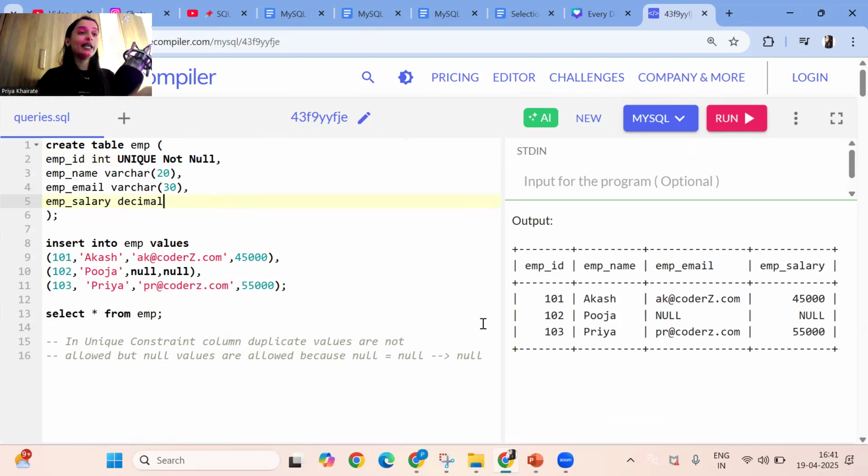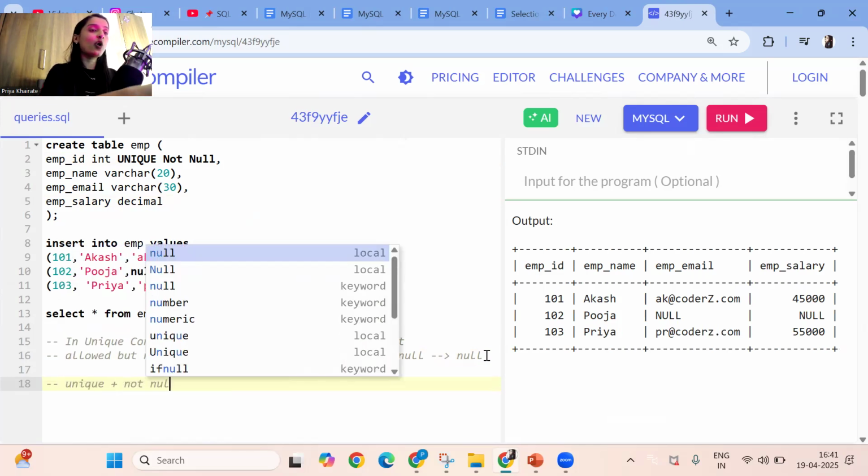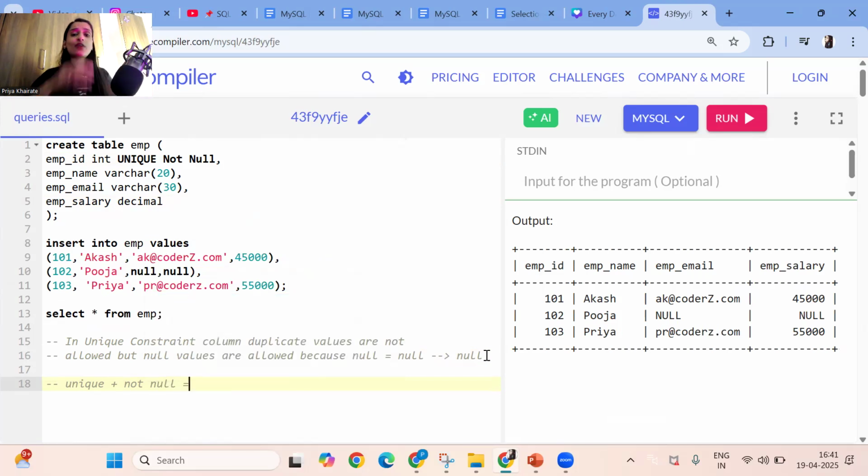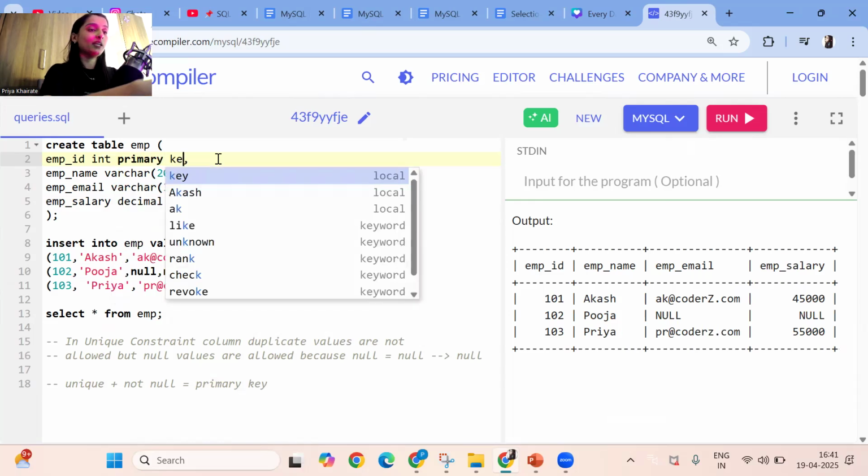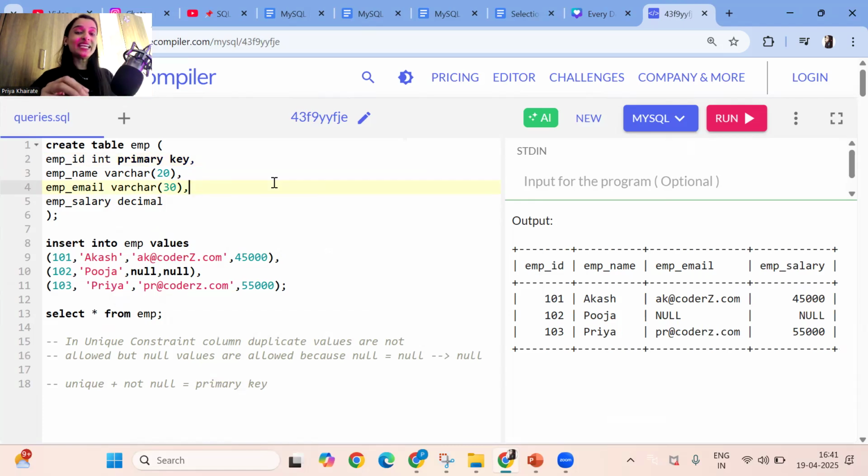Now in DBMS, whenever you want to give unique plus not null constraint, instead of writing unique plus not null, just declare it as a primary key constraint. Instead of writing unique plus not null both, just write primary key, like this, because primary key is a combination of unique plus not null.